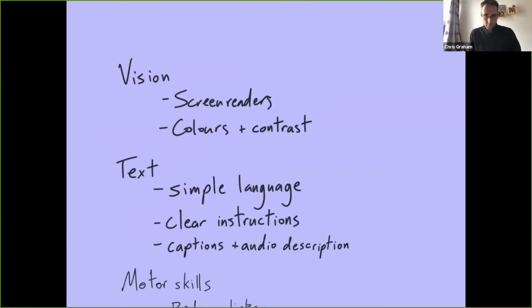So the first thing pretty much everybody thinks of for accessibility is, can you use a screen reader? So every system should be usable with a screen reader. And that also often means usable with just a keyboard, not a mouse or a touchscreen. So that's well covered. It's easy to forget about things like colors. Never just use color to convey information. This is something I'm always on top of because I'm very colorblind. And contrast is important for people with visual impairments where they need very strong contrast between colors. Firefox has a very good accessibility inspector you can use to check that you're coping with that.